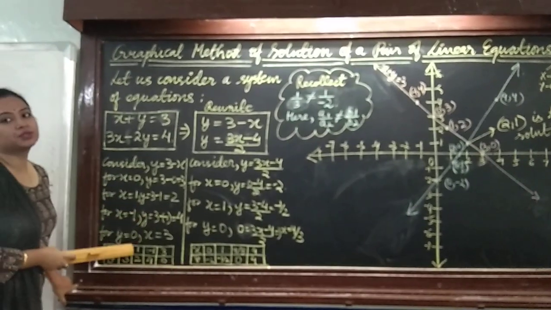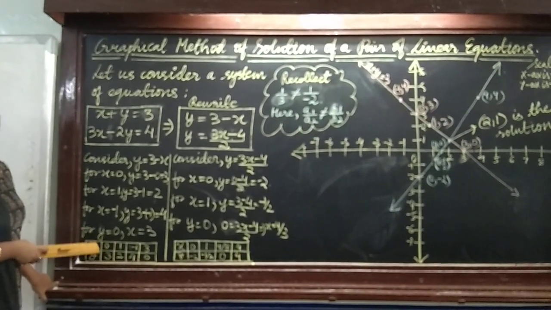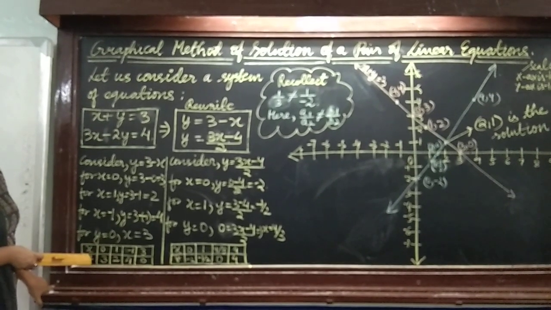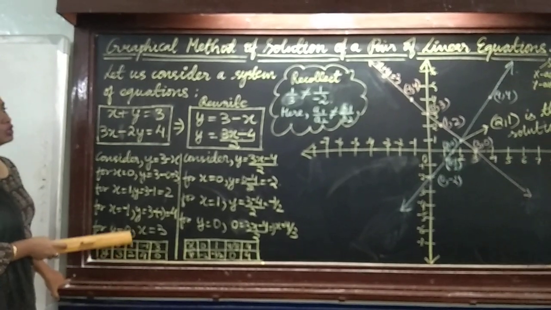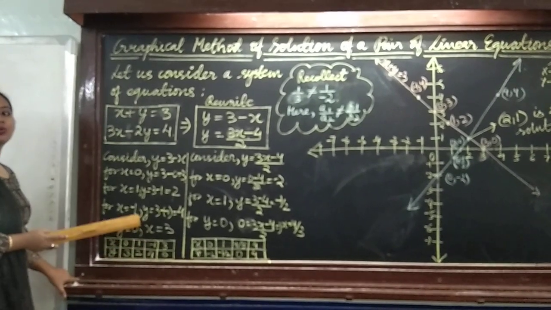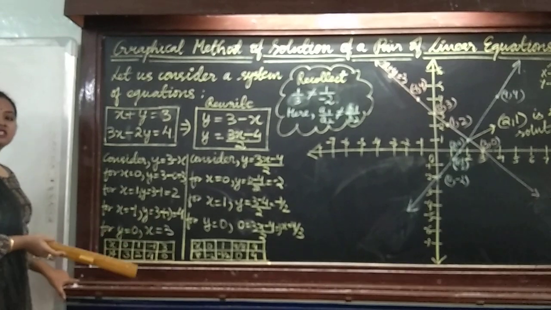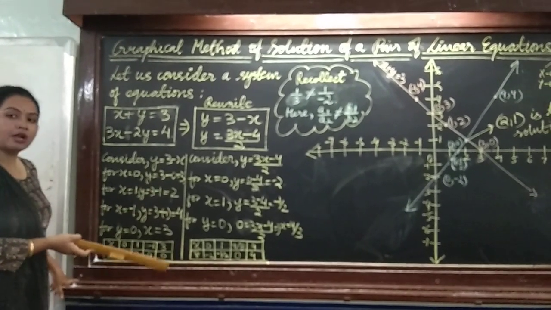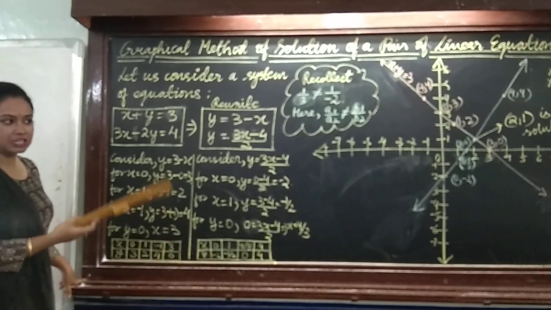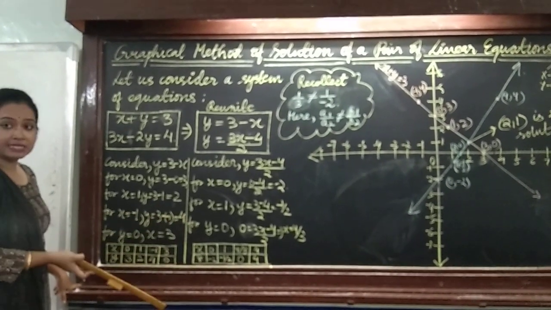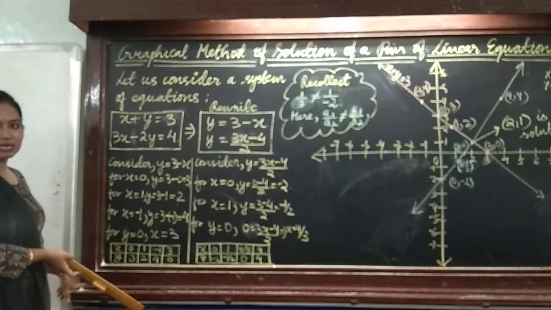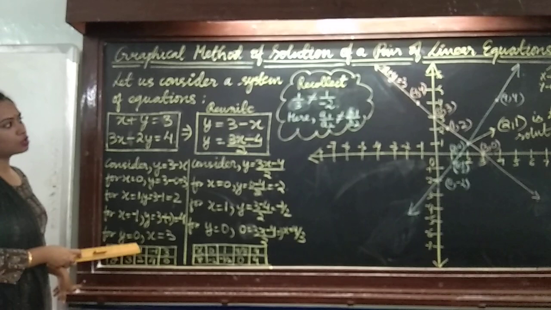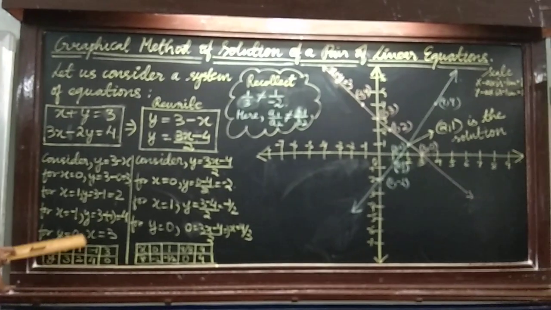I discussed the simultaneous solving of linear equations, where I discussed the coefficients and their conclusions. When we take a look at the coefficients A1, A2, B1, B2, C1, C2, we can conclude whether a system of equations is consistent or inconsistent, and whether the graphical solution will be intersecting lines, parallel lines or coincident lines. So, going forward with that topic to the graphical solution,